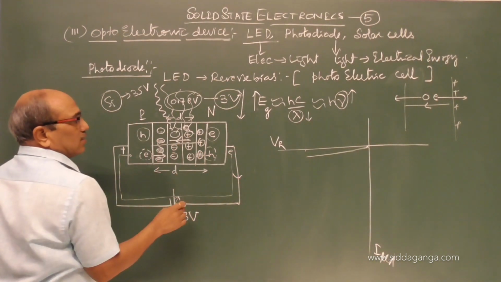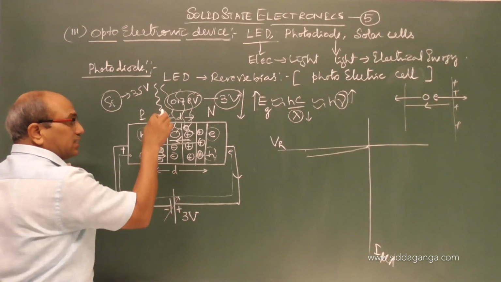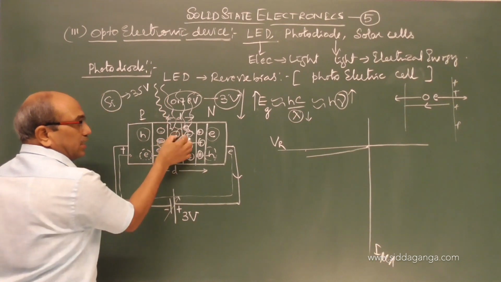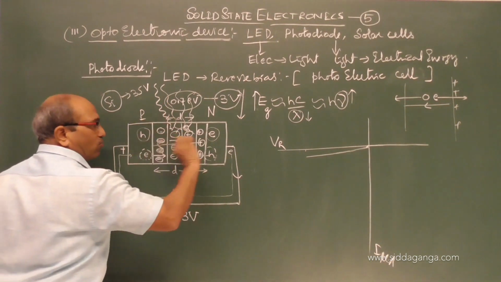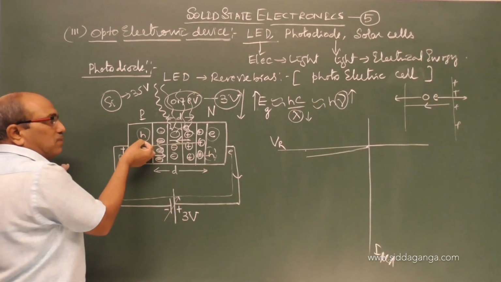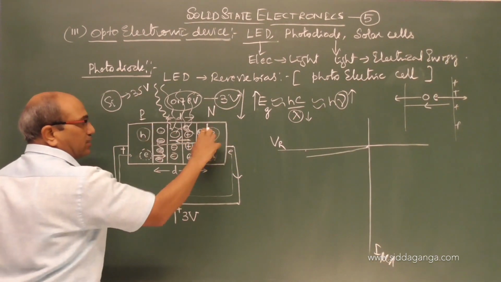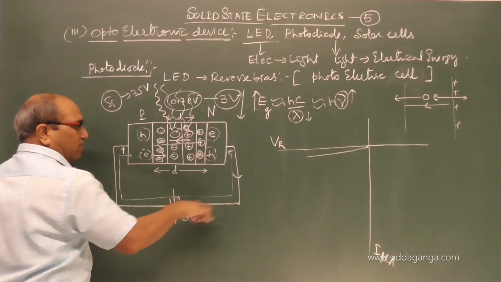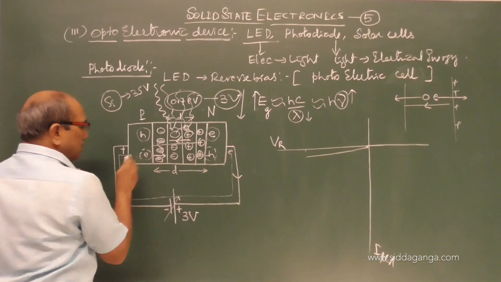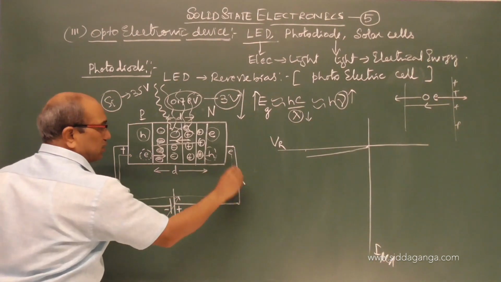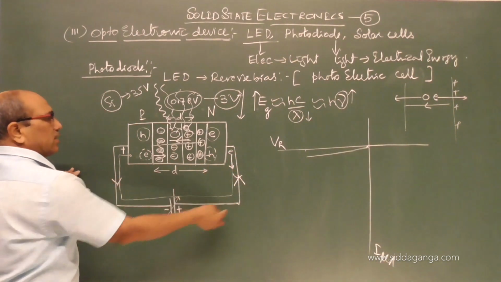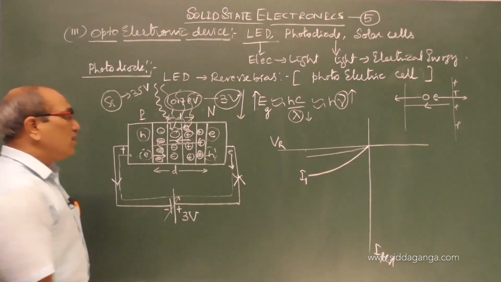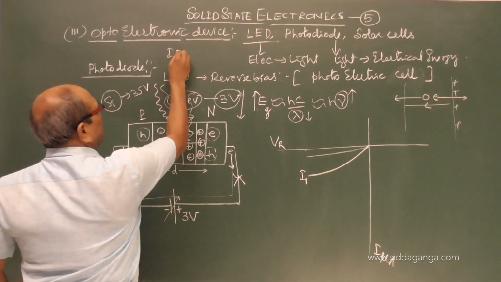Now a current is established because of the decreasing barrier potential due to the radiation, breaking the covalent bond, generating the electron hole pair, and electrons move towards the N region, holes move towards the P region, and concentration increases, depletion layer decreases. That makes a drop of potential against this driving of electrons, or the current, if you see, current again re-establishes. It is the direction of electron, current re-establishes, and current seems to be increasing, if it is current I1.